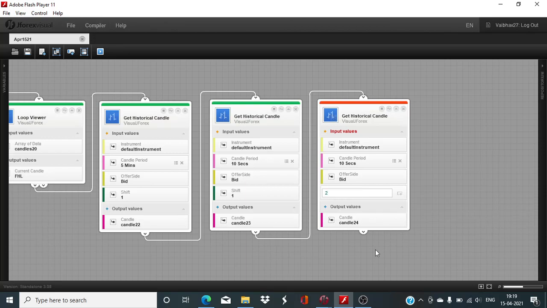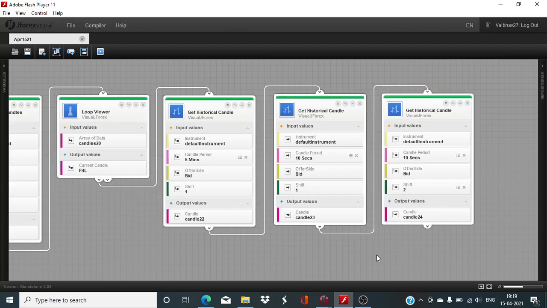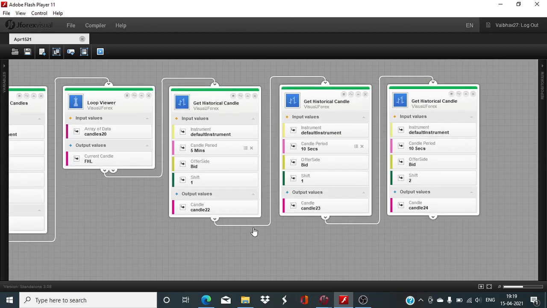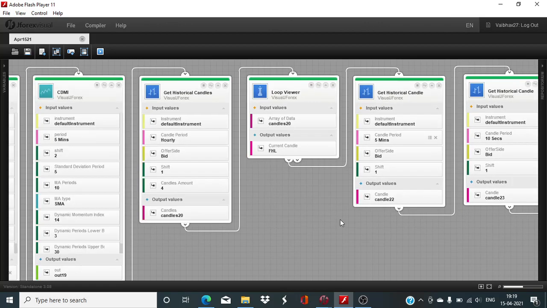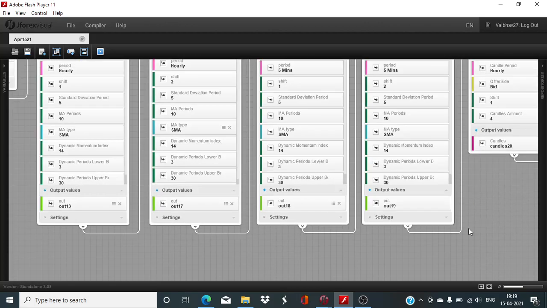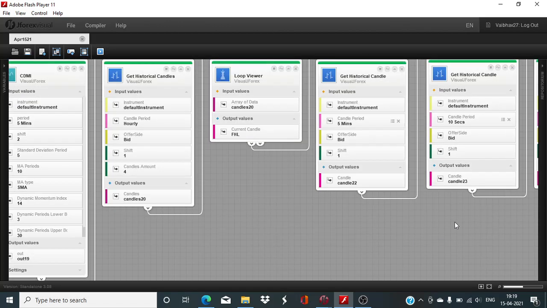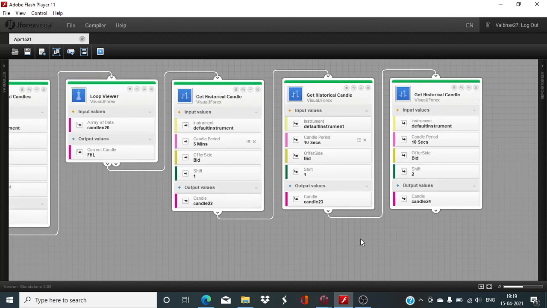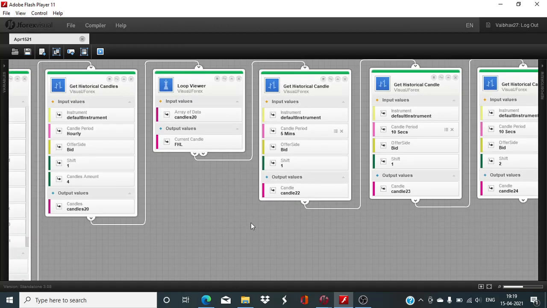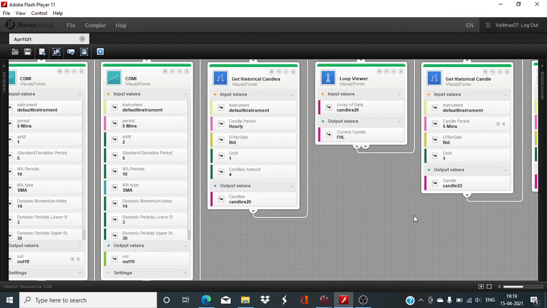Okay, so in this session we have got all these blocks together, which we are now going to use for defining the various conditions which need to be placed prior to the execution of the order. But as the time is running out, we will be continuing with our work in next session. I hope you have been able to understand the logic behind this algorithm, and